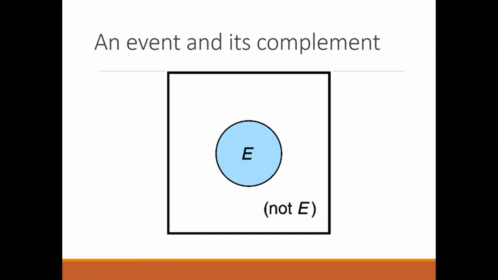If you look at the Venn diagram again, you can see this inner circle is your E, the event that will occur, and the outer part, outside the circle but within the square, is your not E. Now there was a question where they had asked you to draw the Venn diagram along with finding the probabilities. If they ask you to draw the Venn diagram, it is very simple. Put the square as the whole event or all the outcomes, and then draw the event as a circle.